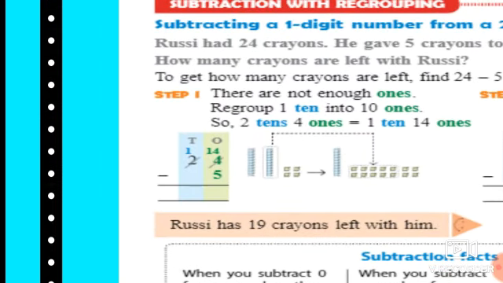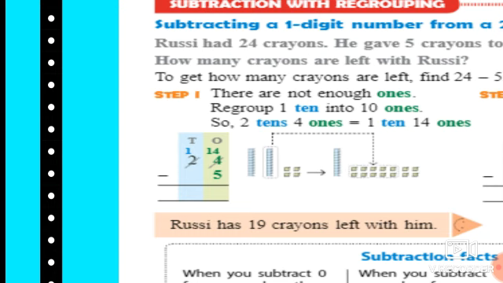See, 24 is written, but now we have cut it and upper we have written 1, and that 1 that we have taken away goes to the ones place. It means we have done the borrowing, and here in the ones place now what will become, students? 4 will not be left. Now we have given the 1 ten to the ones place, so it will now become 14. Why 14, students? Because that 1 ten we took from the tens place is equal to 10 ones. 10 ones plus 4 ones is equal to 14 ones. That's why we have written 14 above. You will cross 4 and 14 will be written up.